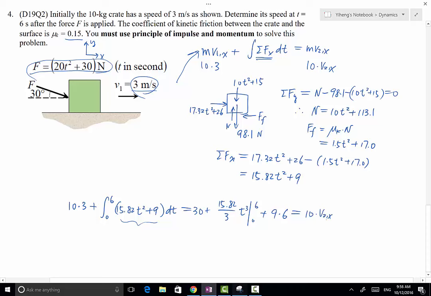So from this equation, we can solve for v2x, which is